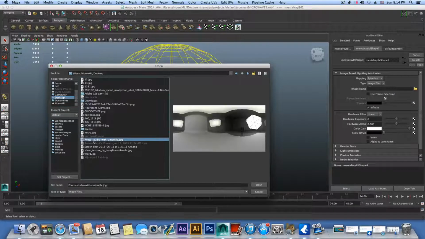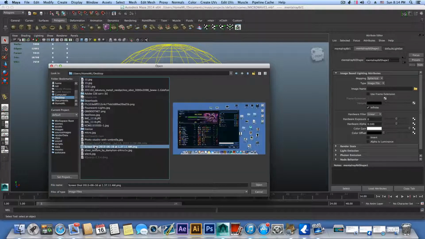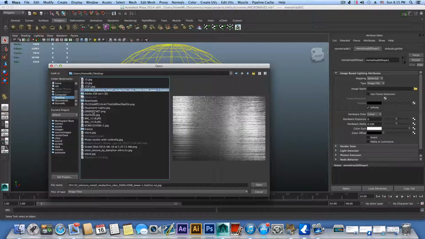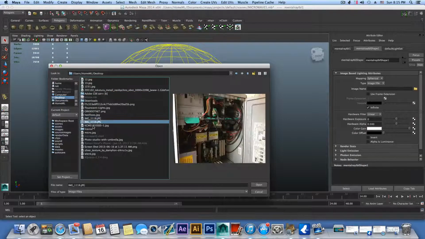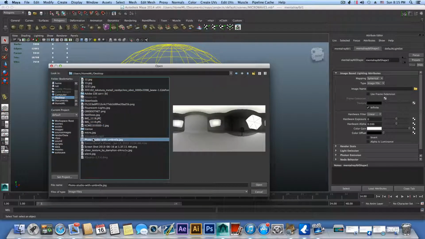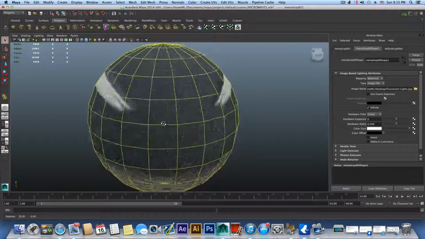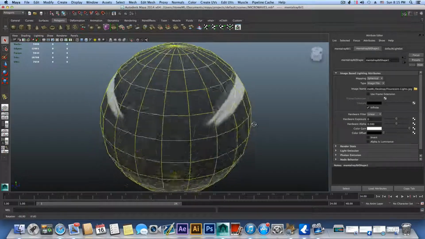So let's say I have this one, and I also have another. What was the name for this? Okay, let's say I will use this one. I prefer this one instead of the other one, but still, both are good. Yeah, this is the fluorescent, so I'll apply this. Okay, so now we have this HDR